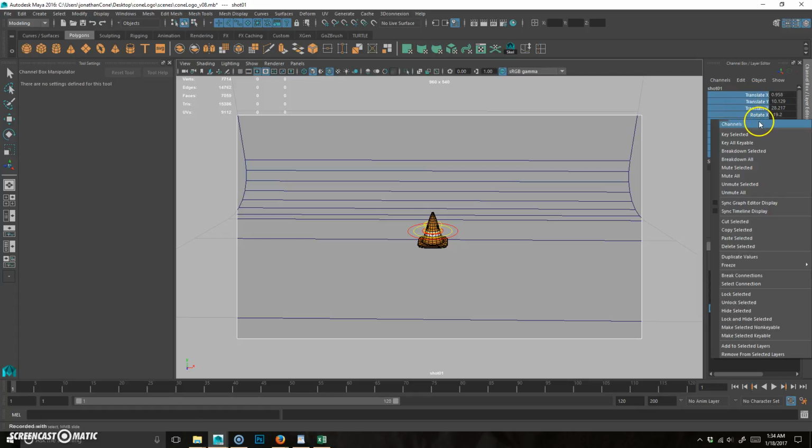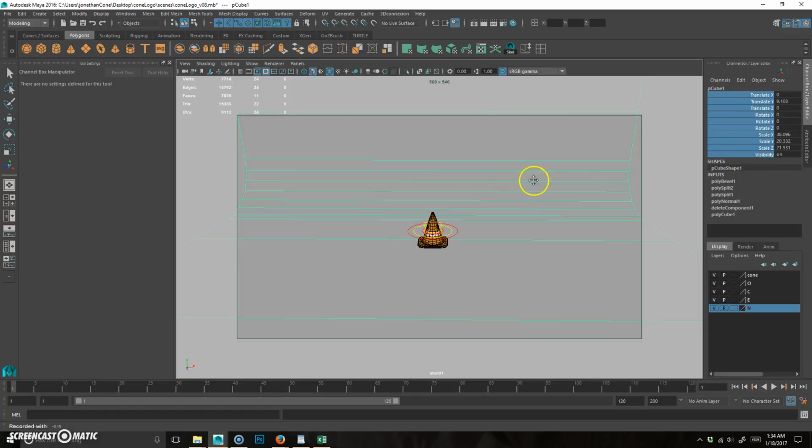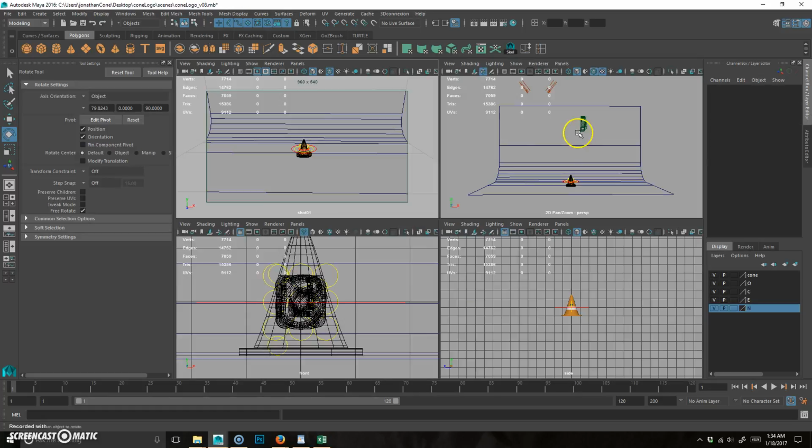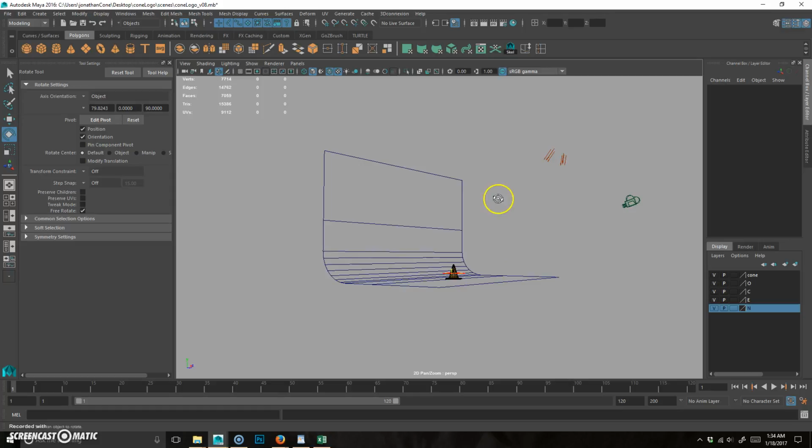You're going to right click over top of it and go lock selected. What that's going to do is that now I can't accidentally move this. Okay, I'm going to go ahead and take